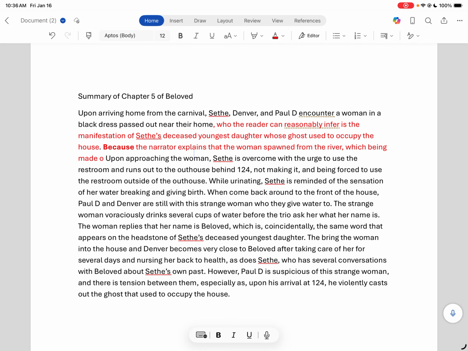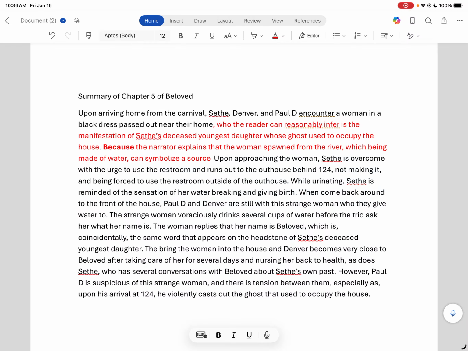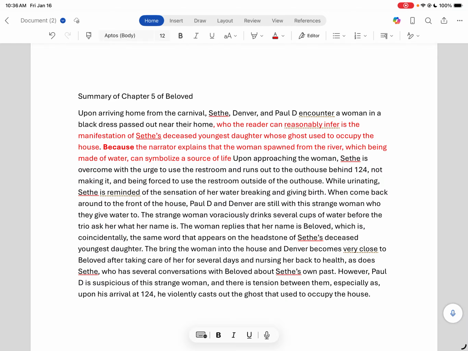Which, being made of water, can symbolize a source of life. So the idea of water in literature has always been a symbol of life. Remember, you need water to live. Okay, so that's where I'm getting that from. I'm going to say, which can symbolize a source of life, and